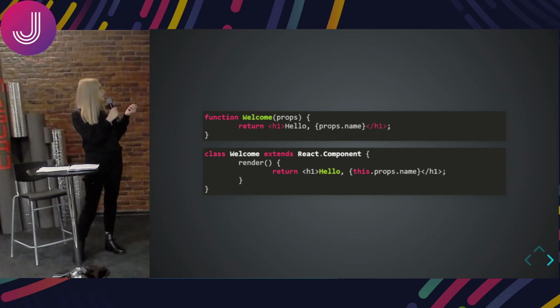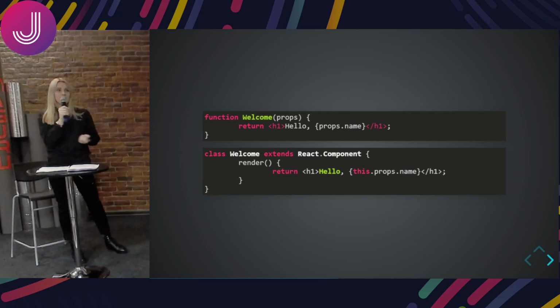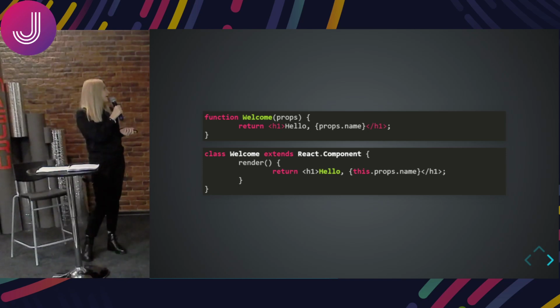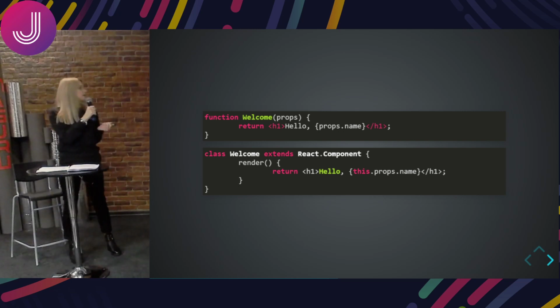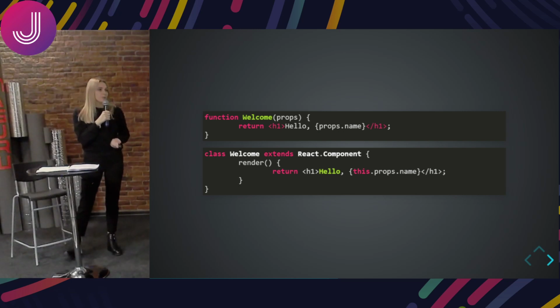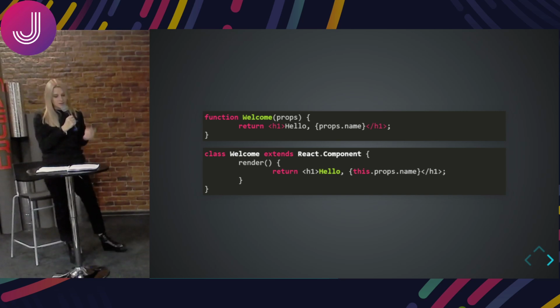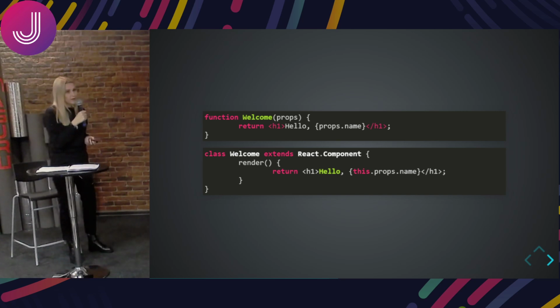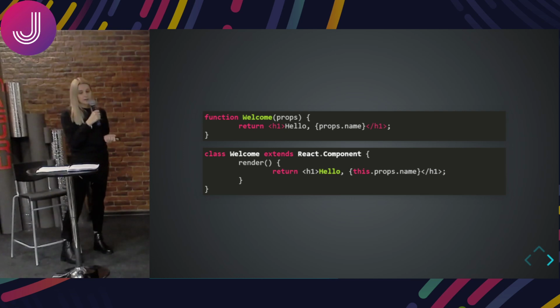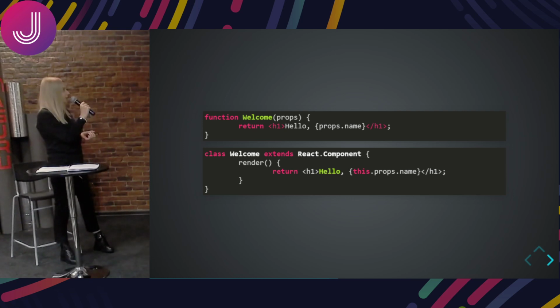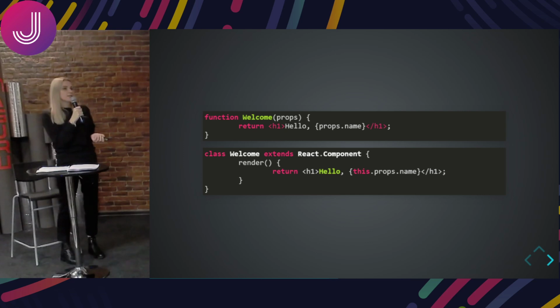Here we see in the first example a function Welcome with props. We can write it in the ES6 way, like a class Welcome which extends React.Component. In the first example, we return a simple HTML element. In the ES6 example, we return essentially the same thing, but with a little bit of syntax thrown in for passing back an HTML element. The state here is the data we want to display when the component is rendered. The render method here is